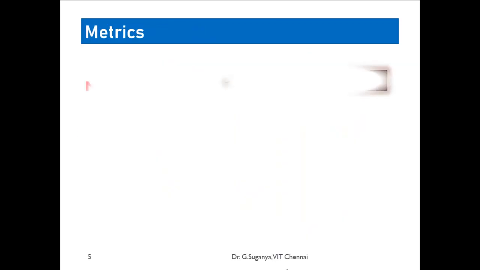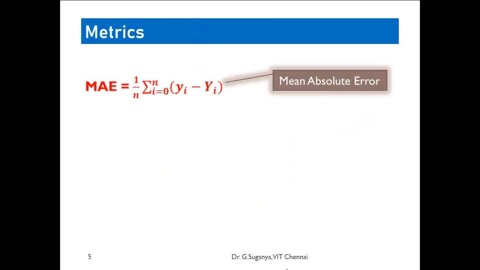Now, what are the metrics that we are going to have? Normally in regression, three different metrics are used. One is mean absolute error, where the small yi refers to the actual value that we have as the output in our data set, and capital Yi is the value predicted by the fitted model. We compute the slope and intercept, then give x as the input and calculate Yi. That is what capital Yi means.